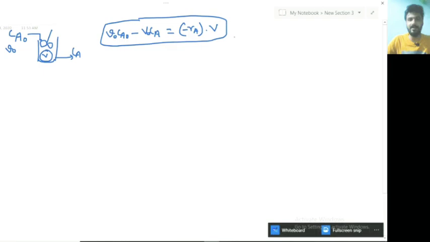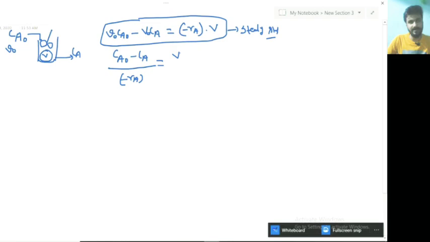I am just going to modify the above equation only. This will be equal to V upon V naught. So from here you can get V upon V naught equals Ca naught minus Ca upon minus Ra. Again, you can write Ca equals Ca naught into 1 minus Xa. This is the basic thing that you all know. So from here you can calculate V upon V naught equals Ca naught Xa upon minus Ra.